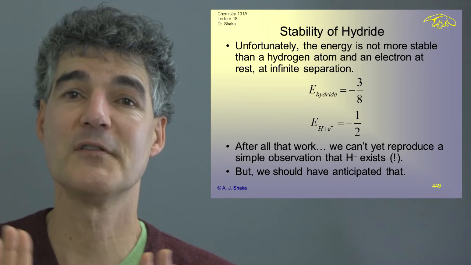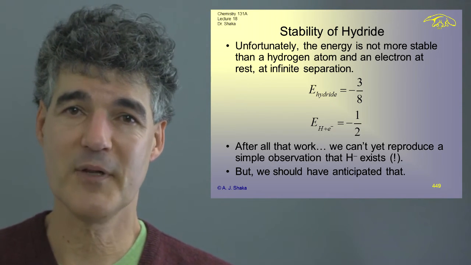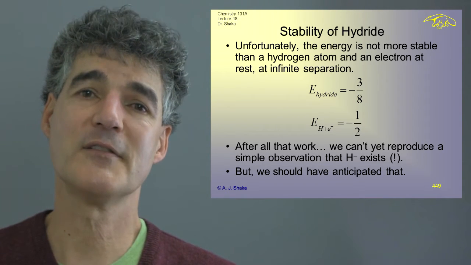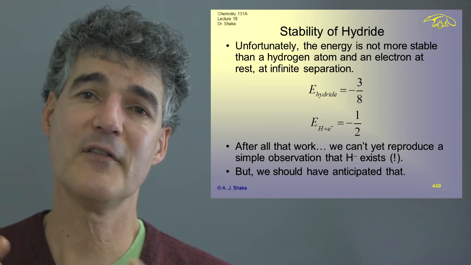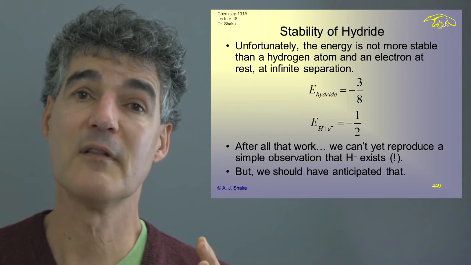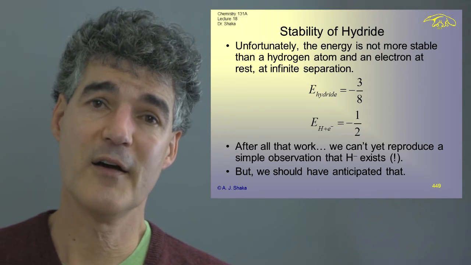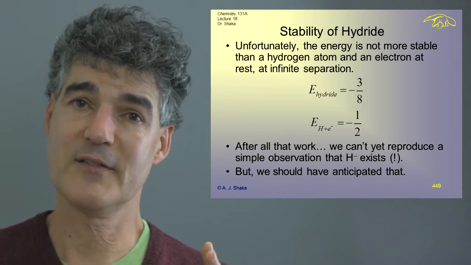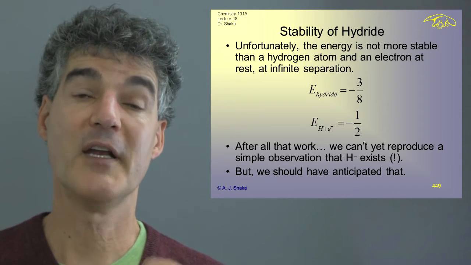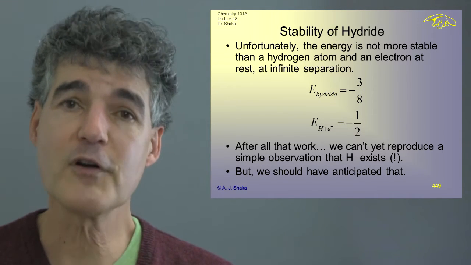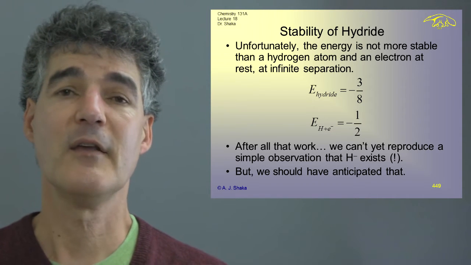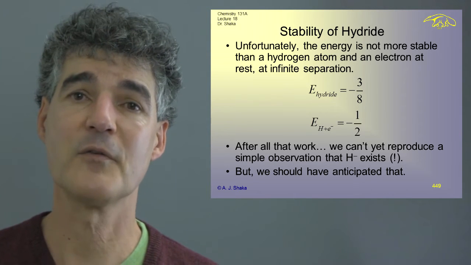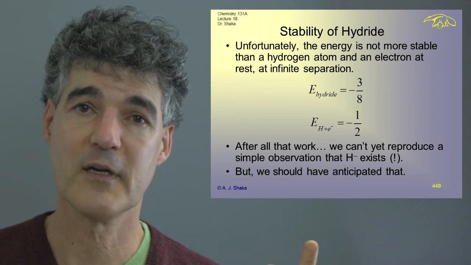And if hydride didn't exist, we wouldn't have a name for it. Well, maybe I shouldn't say that. We have names for plenty of things that don't exist except in our heads. But hydride is a real thing that we can see. It has a very big radius. The radius of the hydride ion is bigger than the fluoride anion. So it's very puffed up, but it does exist. And unfortunately, what this means is it could mean two things. It could mean that quantum mechanics is a crock and it doesn't work. And this is the proof.